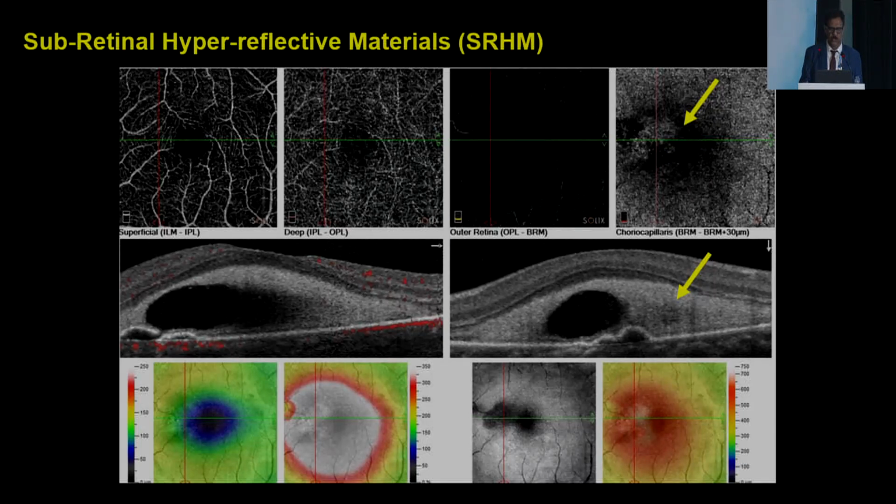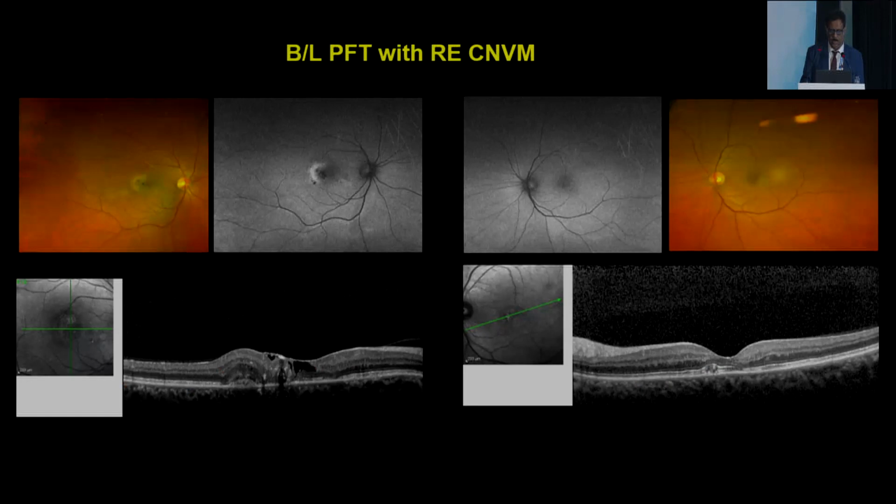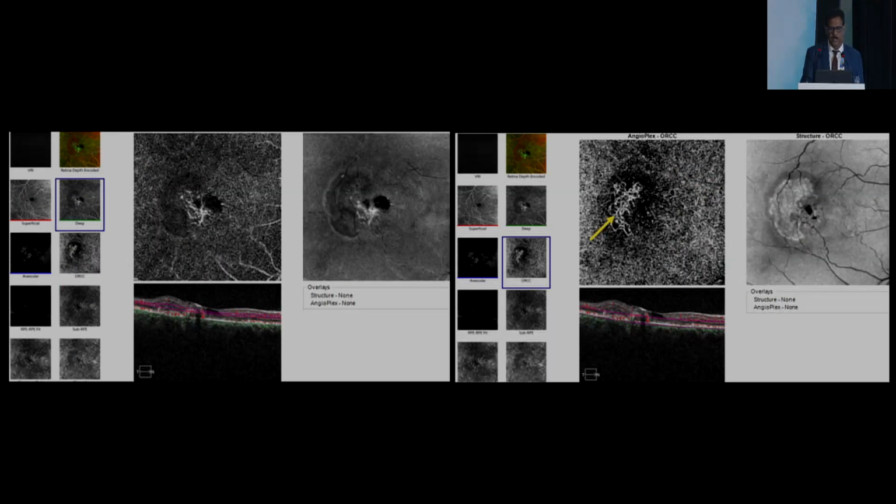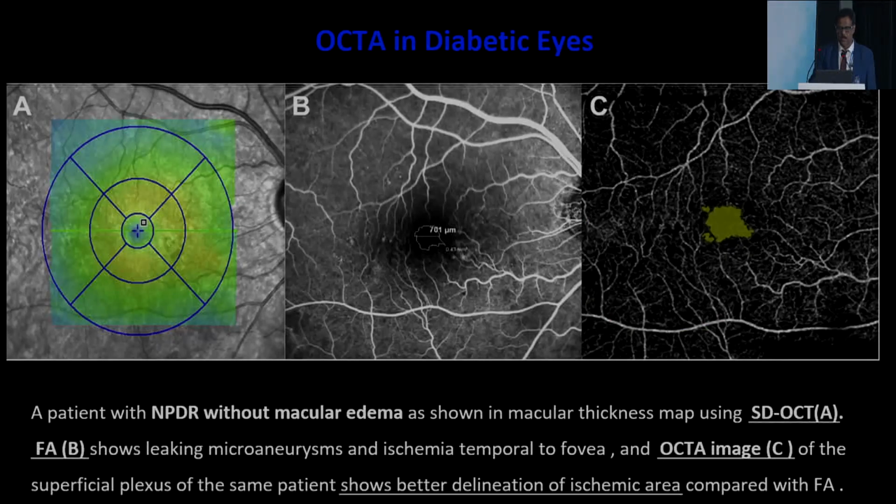It is a very tricky situation where the superficial images will not give you the proper picture, but in the deeper images you will see the CNVM. You have to detect the CNVM area. At the level of the choriocapillaris or choroid, you will not get the picture. This is another tricky situation, PFT, where you can get information about the CNVM because in PFT there is retinal thinning. Whenever there is thickening of the layers, you should suspect